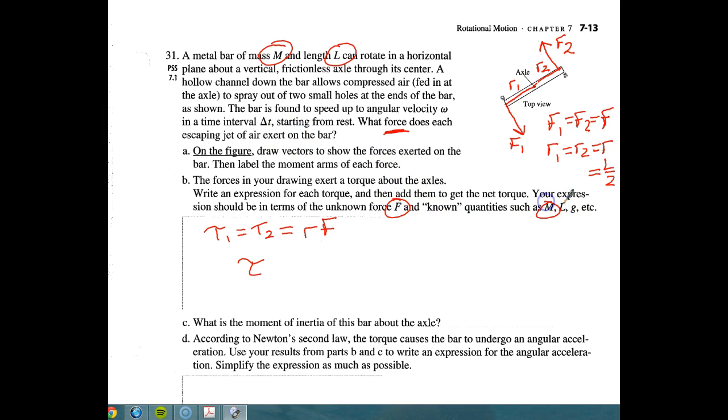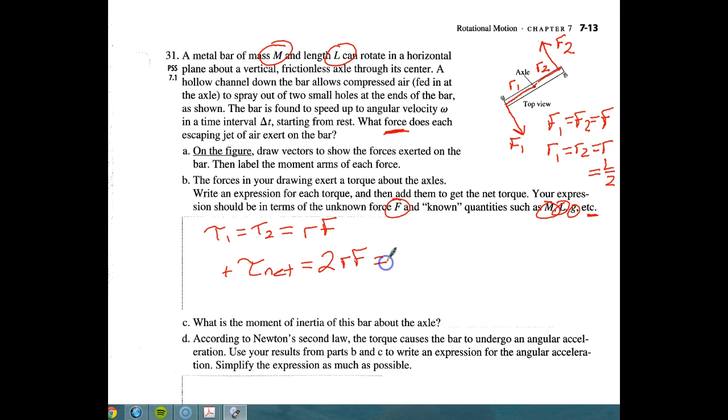So F, M, L, G, any other known quantities. So our net torque here should be equal to, we have 2 of these things going around, so that's 2 times R times F. And do notice that the net torque is positive because it is going in a counterclockwise fashion. The only problem that we have with this answer is you'll notice there's no R here,